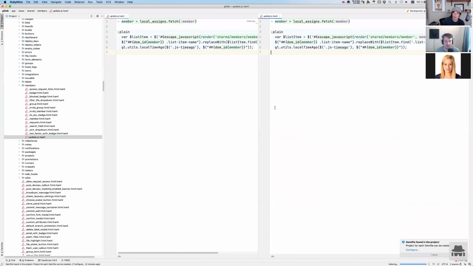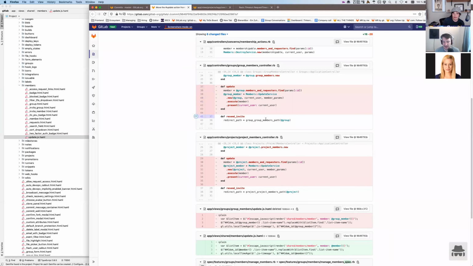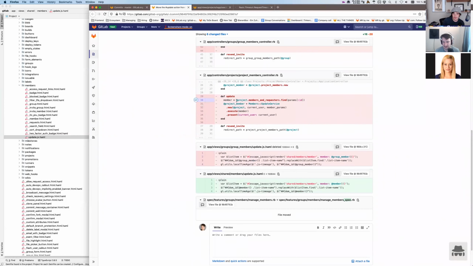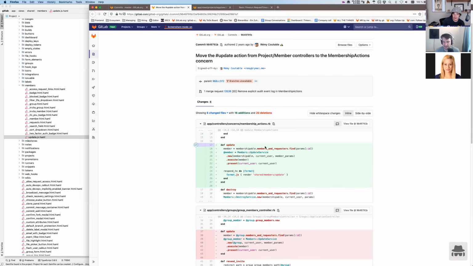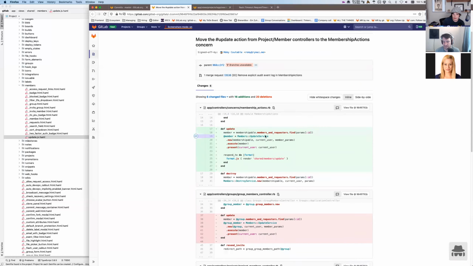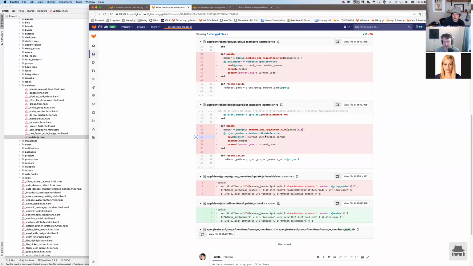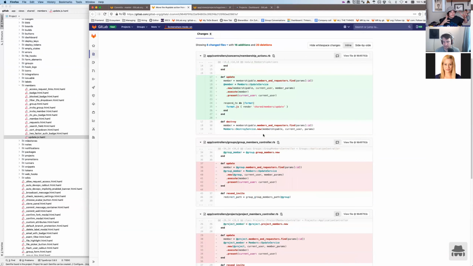Because it's tied to this update route. It's like, hey, we have it here in the root and we have respond to format, shared team member updates. And I just assume that this is